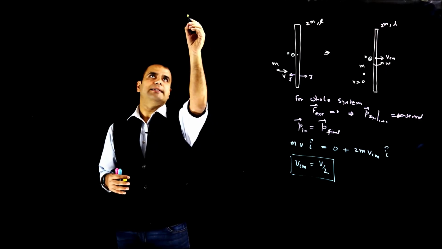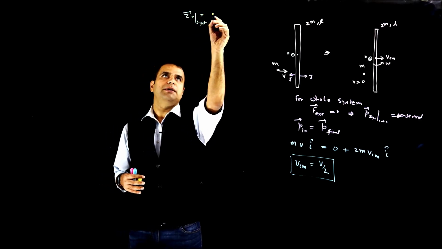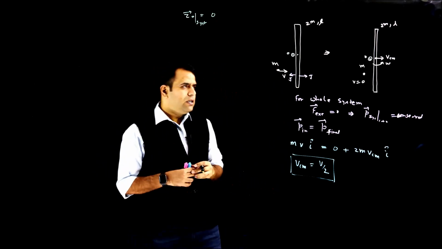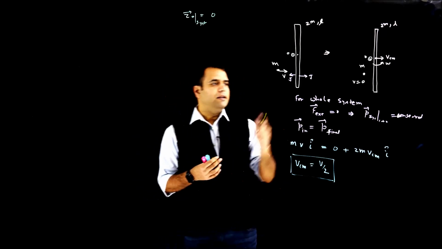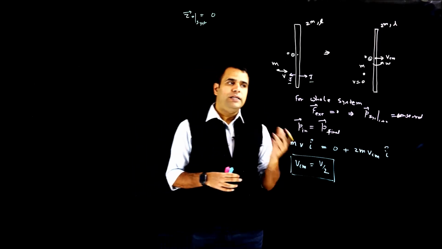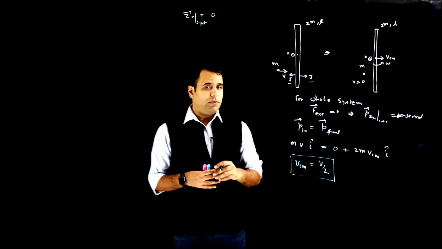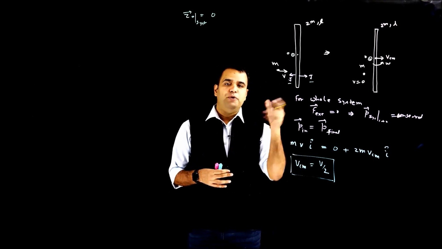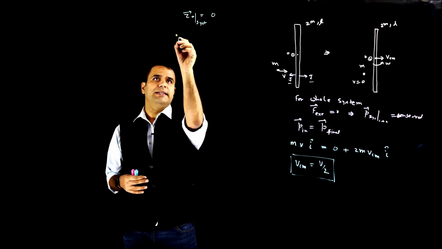So about this axis O, if I calculate the net torque acting onto the whole system, it is 0. Not just this. Any axis you select onto the ground, the net torque acting onto the whole system will be 0, because there are only two forces acting, this one and this one, and they're acting at the same point. So because they're acting at the same point, about any axis onto the ground, onto the inertial frame, the r vector will be the same. And since they are in opposite direction, they'll always cancel out each other. So because of that, we can say initial